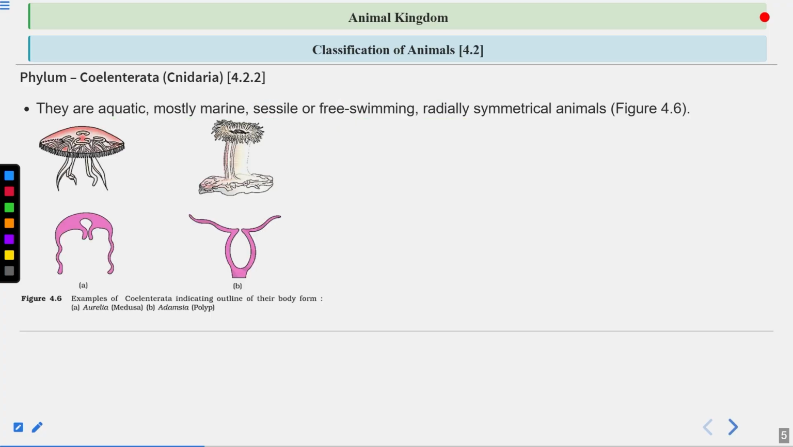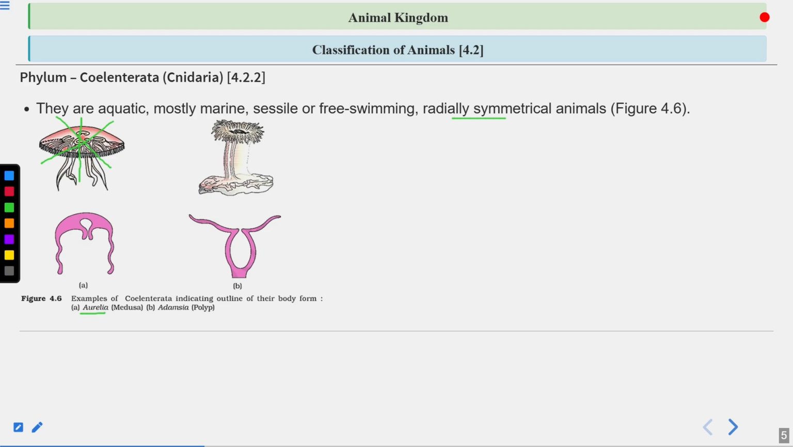Here you can see that if you divide the organism from this plane, it will divide the organism into two equal halves. From here also, from here also. So there are a number of planes that could divide the organism into two equal halves, and that is showing radial symmetry. Now, the figure you see here,